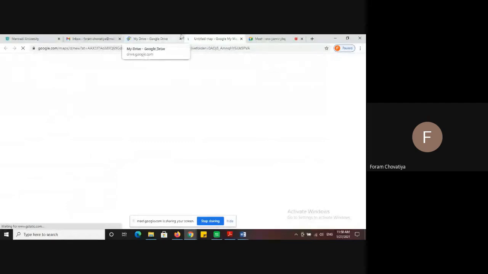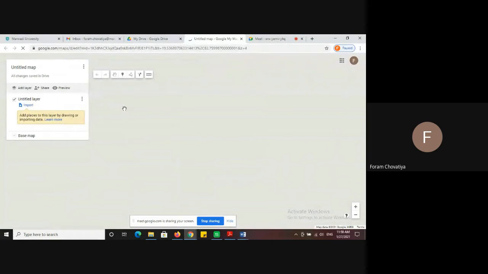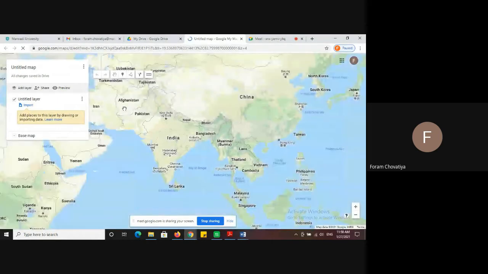So you can click on Google My Maps, and your map is open. You can see your map is open, and here you have to write down your address.